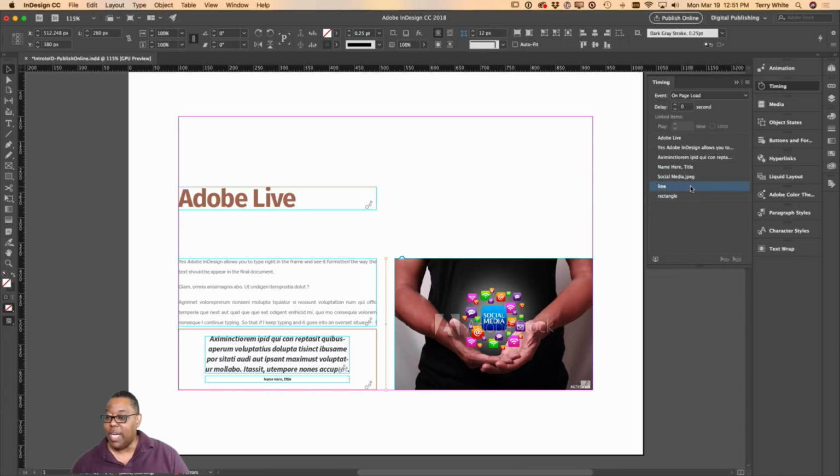So if I select line, I can say that line and rectangle and social media JPEG, actually let's do all of them. Let's just do these three. I want to link those together so they all come in at the same time. I don't want to have to wait for the last three things to come in. So now when we preview this,